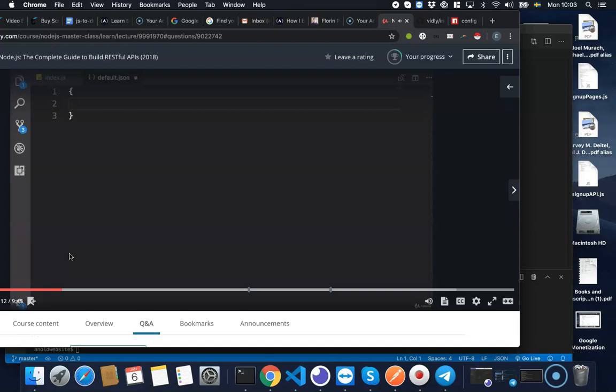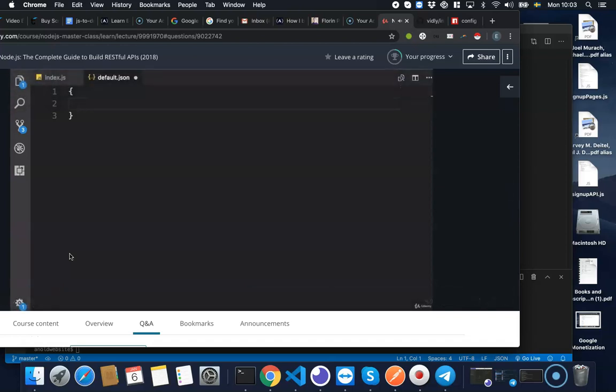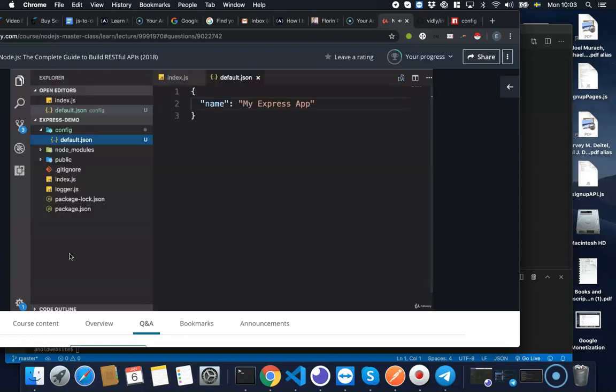JSON object to define the default configuration settings. For example, let's have a setting here called name. That's the name of our application. Now, back in the configuration folder, let's add another file,